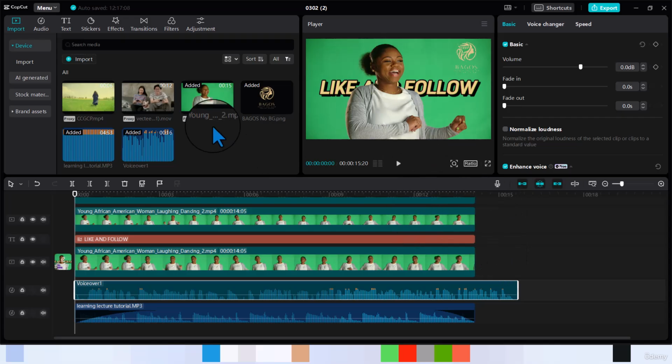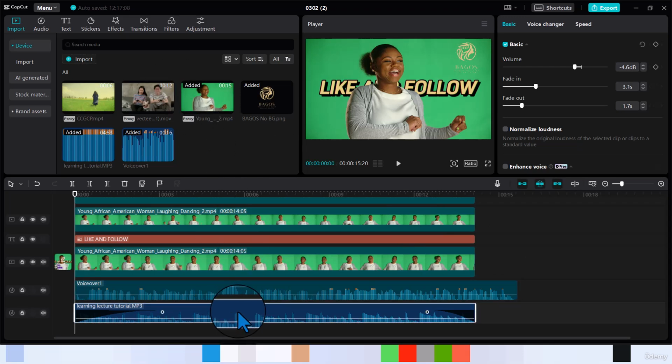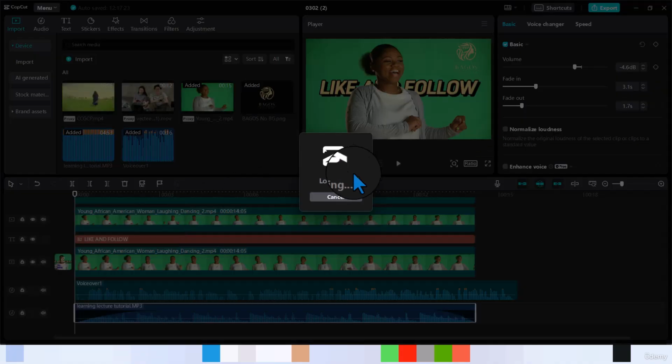So to do this, all you need to do is to get the beats. For instance, if we are using this, you then see where it shows you this flag and says auto beat. All you need to do is to click on auto beat, and you're going to choose how much of the beat you want to create. If it's small, if it's a lot, you just click on beat 2, and it's going to load and try